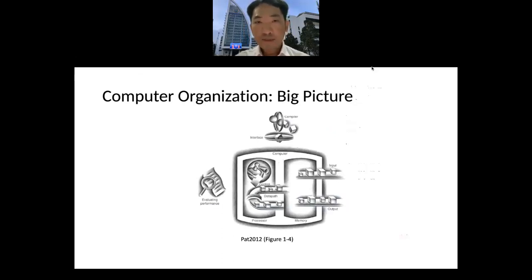And here is the big picture of the computer organization. On the right hand side here, we have input and output. And then we have the processor. So in chapter 3, we are going to discuss the processor. Actually, first in chapter 3, we are going to